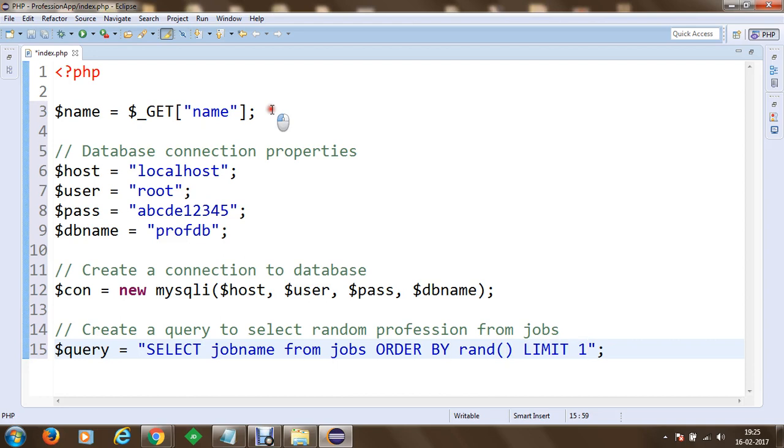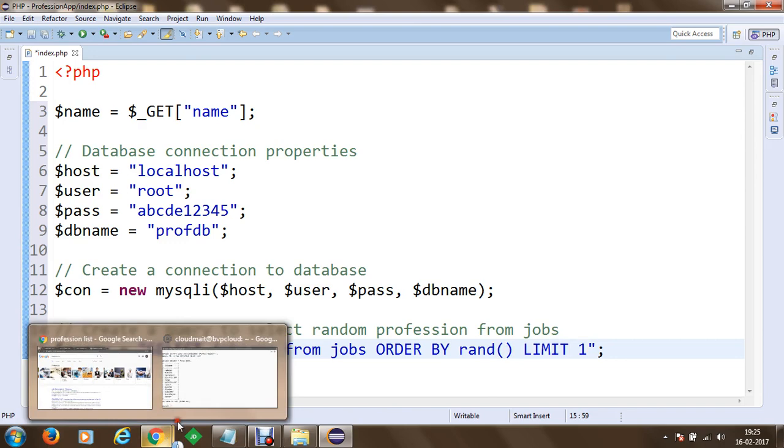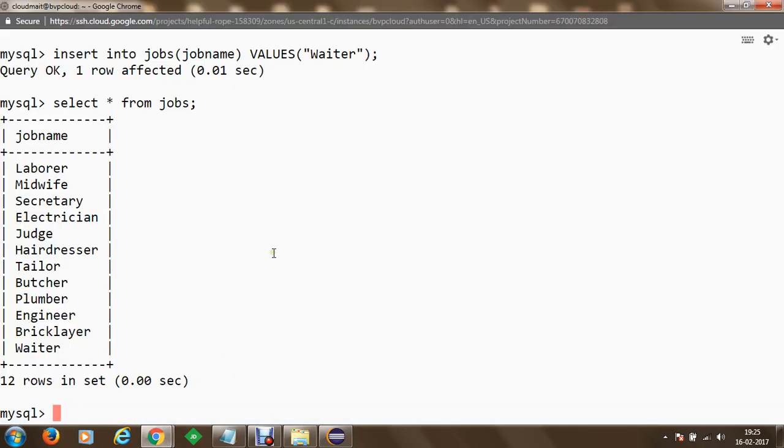The significance of this SQL command is, let's test that on our MySQL engine. If we execute something like this, select job name from jobs table, we can directly execute order by random function, and we want to limit the record to 1.